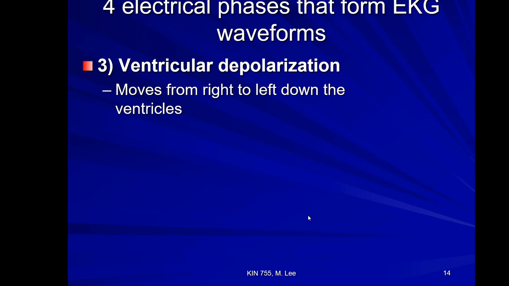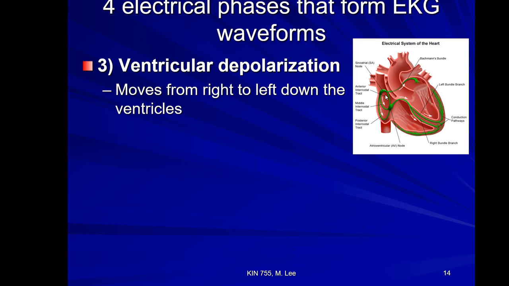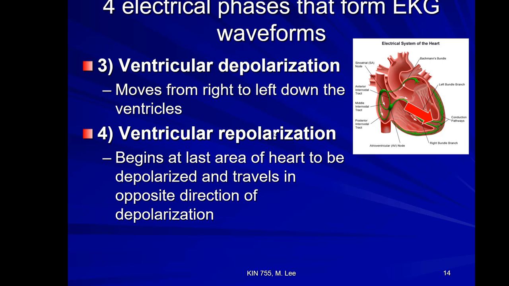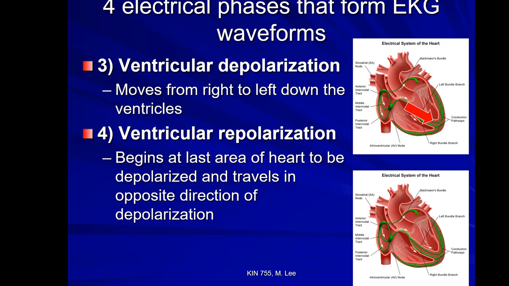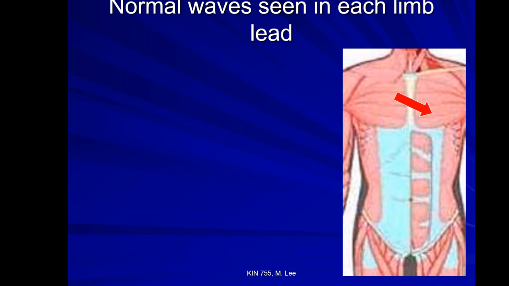And then we have ventricular depolarization, and that's going to flow right down the ventricles like this, right to left, and down. And then we get the magic repolarization. So whatever the last area of the heart to be depolarized starts repolarizing, and it basically goes in the opposite direction. So it'd be reversed, like that. So considering those vectors that I just put in, let's talk about the normal waves you would expect to see